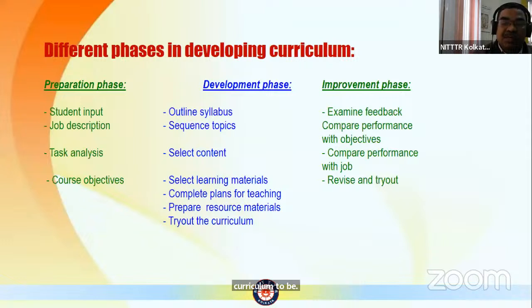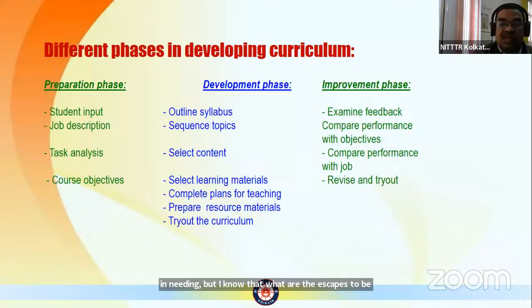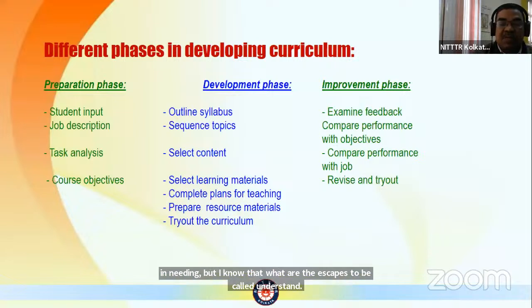For example, I am not a subject matter expert in viticulture and cosmetology, yet I am coordinating one diploma curriculum in the northeastern part of the country. But I am coordinating the entire thing because I know the different steps to be followed for curriculum development. I am not a subject matter expert in agricultural engineering, but I know the steps to be followed. Understand? If you do not know those steps, you cannot really contribute to developing or